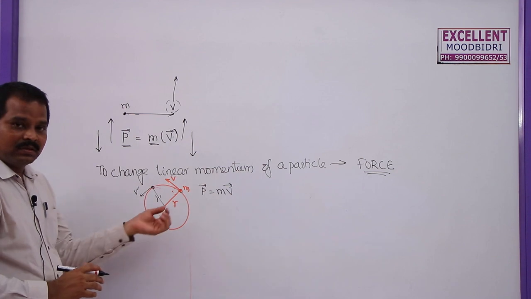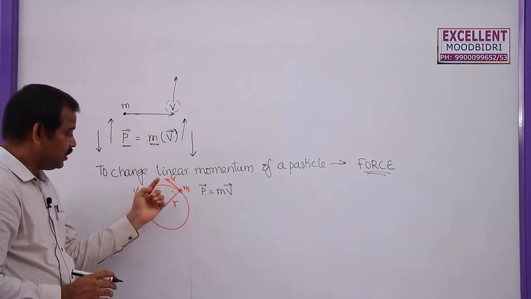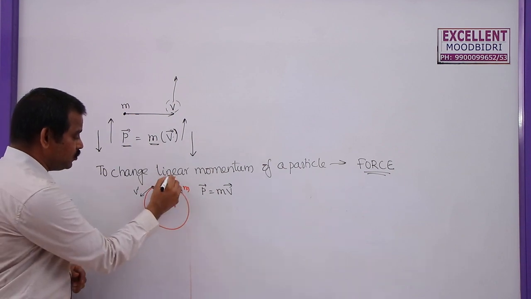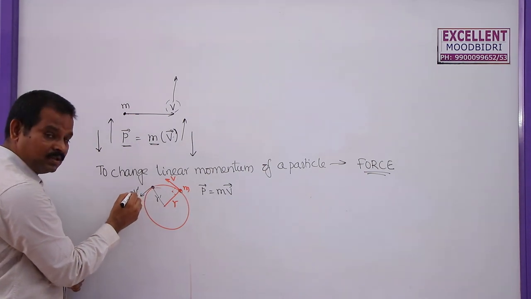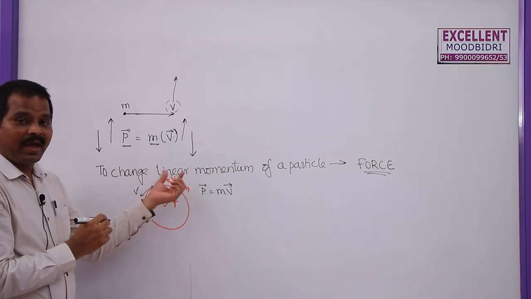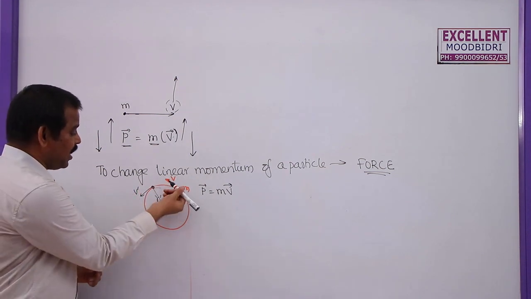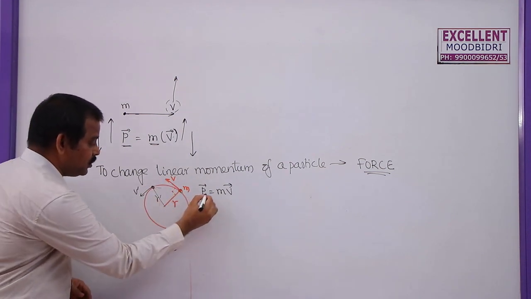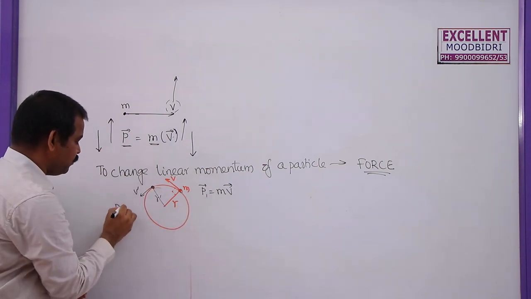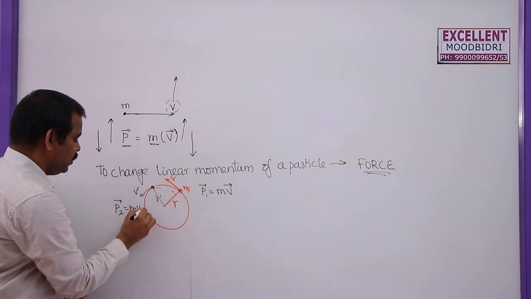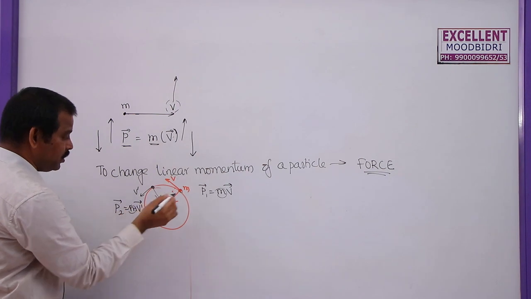The speed of the particle is constant in circular motion, but the velocity changes its direction, even though the magnitude of v is constant. Let us say this is 10 meter per second, and here also it is 10 meter per second. That means the magnitude of velocity, which we call speed, is not changing, but the direction of the velocity is changing. If it is p1 bar here, then the momentum at this point will become p2 bar, which is equal to m v dash bar. Here mass has not changed, but momentum has changed.